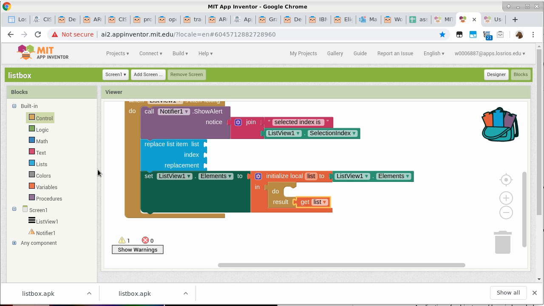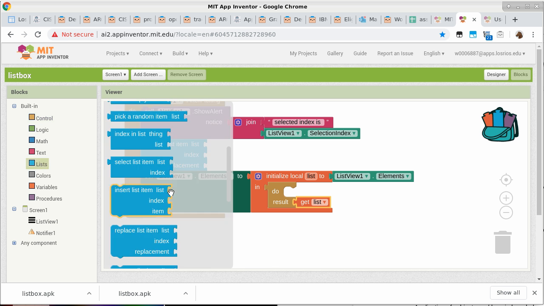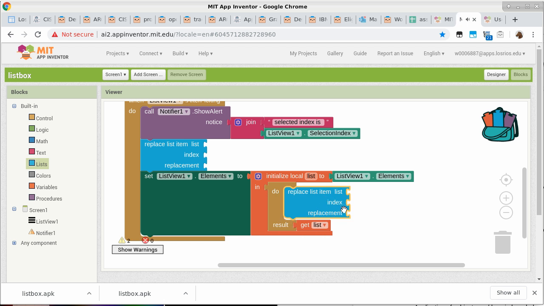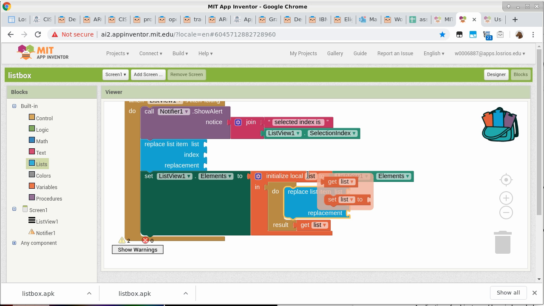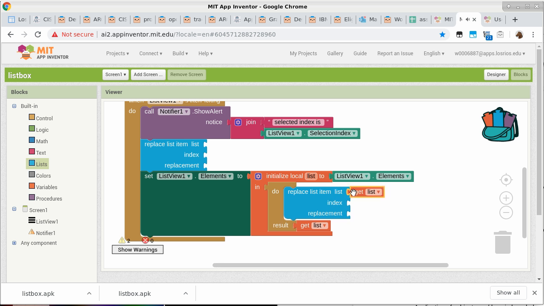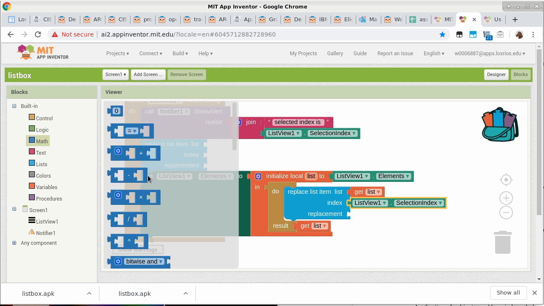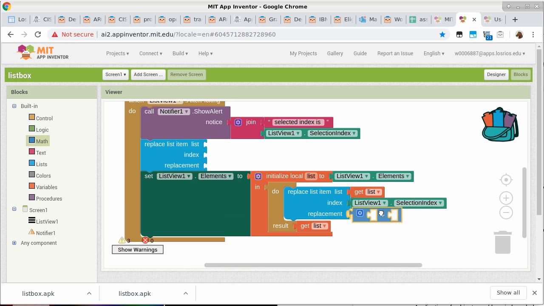And then what we're going to do here is to go back to lists and specify that replace item with something. Okay. And this list now is going to be my local variable list. And the index is based on my selection index. So I just make a copy of this and stash it over here. And then the replacement is whatever it is plus 1, okay? So there are a few ways to do this. I'm going to give you a loose way, but it's not exactly the best way to do it, but it will get the job done kind of thing. Okay, so we'll say,